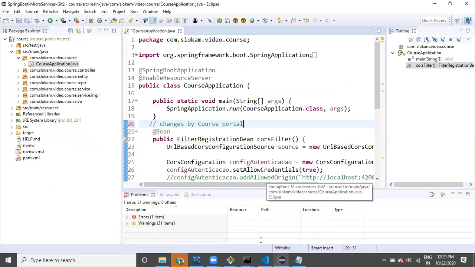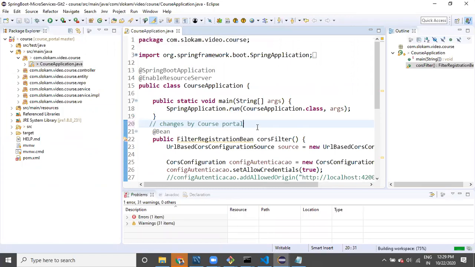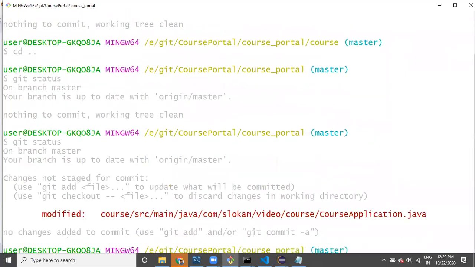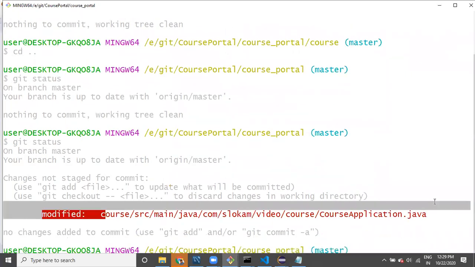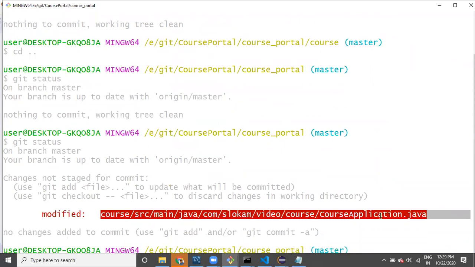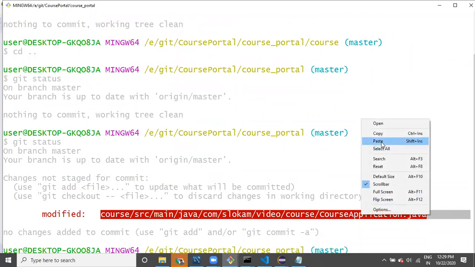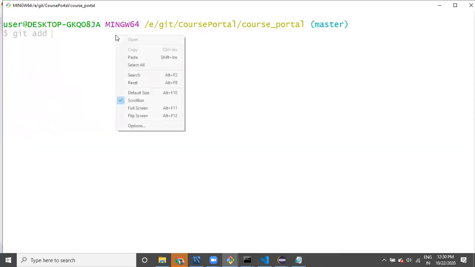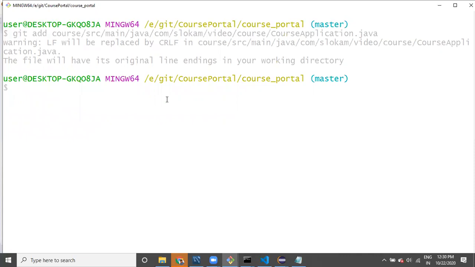Let us go to here. It is displaying a star, which means not yet saved. Okay. Now after applying git changes by codes portal, say git status. Whatever changes we have done, yes, this got changed. Now assume that this is the old file. In the server, a new file is available. Now say git add.